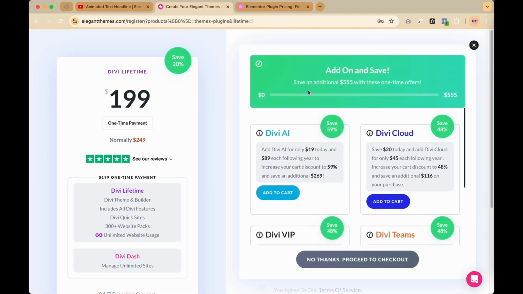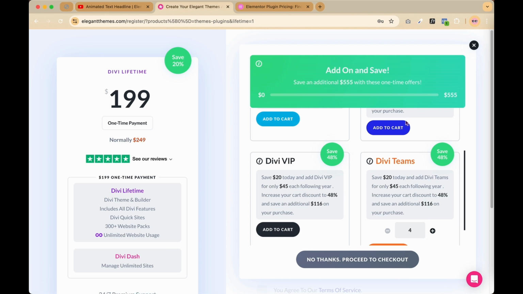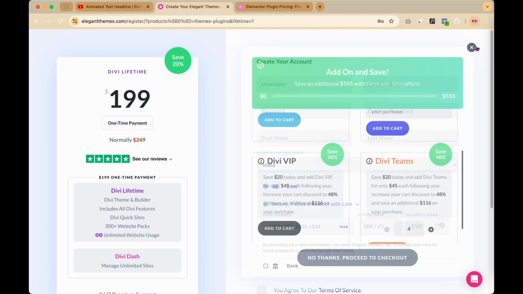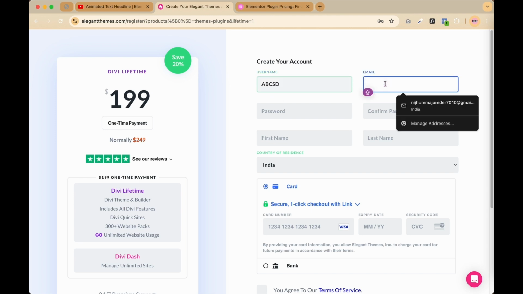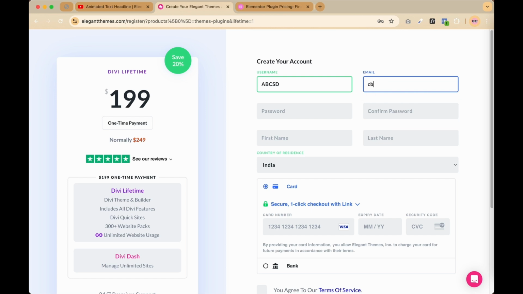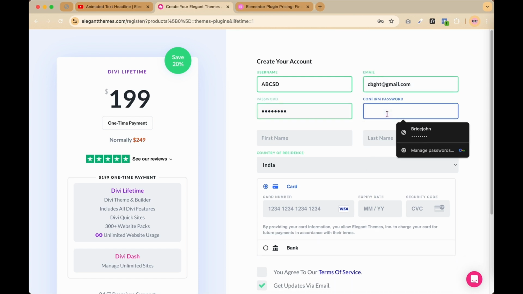Okay, just click on sign up today. And again the pop-up box came. If you want to purchase the Divi AI and every Divi support, then you can put it to the cart. If you don't need it, just click on the close button. You can create your account and just put your username. I'm putting like ABCD now and you can click anything just like this @ just give your email ID and you can create one password and also confirm your password